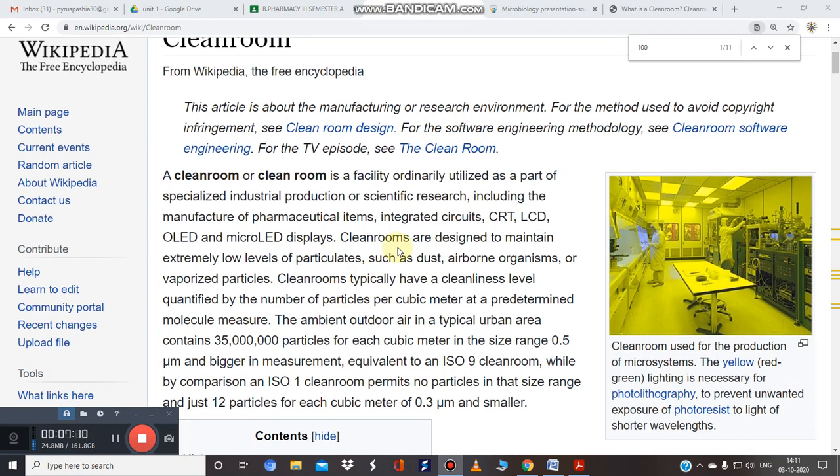So basically these clean rooms are designed to maintain, this is important, an extremely low level of particulates such as dust, airborne organisms or vaporized particles. And this is important: clean rooms have a cleanliness level which is quantified by the number of particles per cubic meter at a predetermined molecule measure.